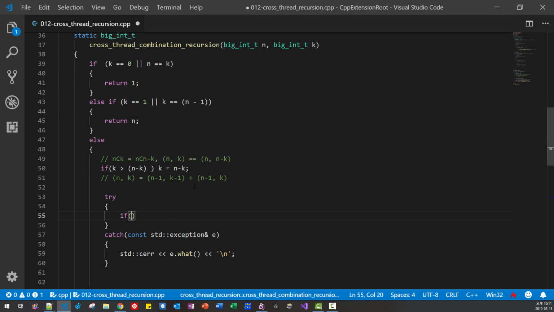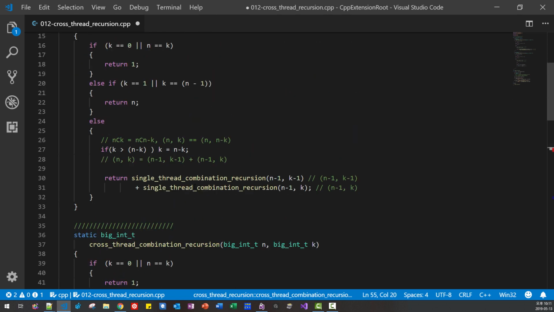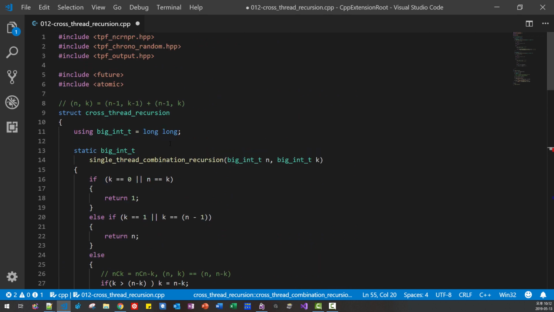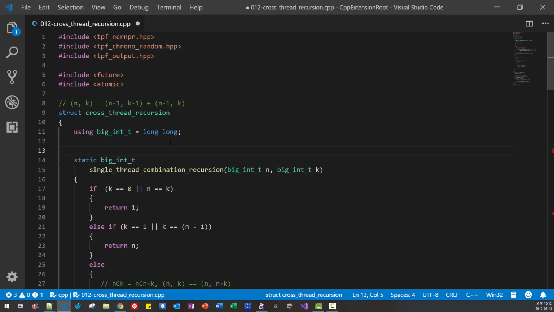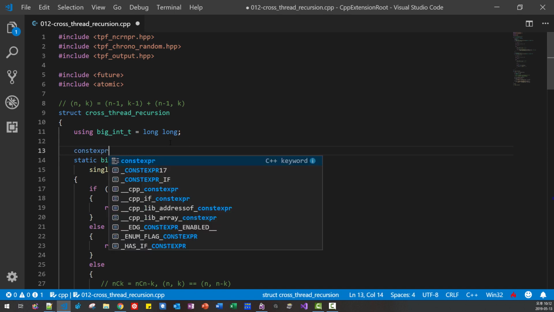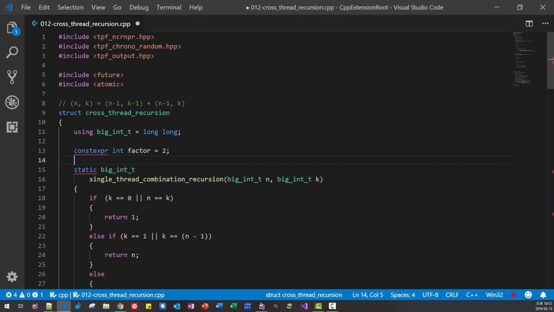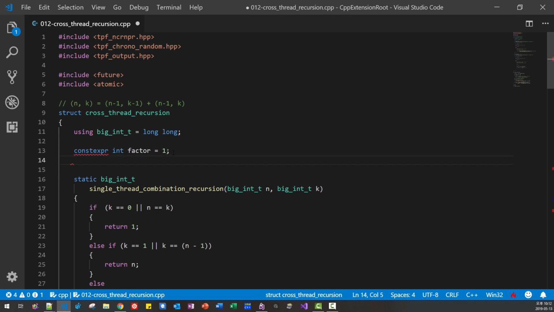I will define some variables in this scope. Context pair, int factor, 2. I will just use 1. int max thread count. It will be static.